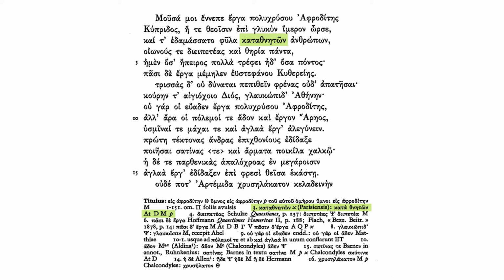Here in line 3 we've got katathneton in one group of manuscripts. The appcrit tells us that other manuscripts have it as 2 words. But Càssola doesn't just cite manuscripts, he also cites modern scholars and their suggestions for fixing the text. Some of these are in Càssola's bibliography, for others he gives the bibliographic information here in the appcrit. So, for example, in line 4 we've got die peteas, suggested by Schulze, and this is in the bibliography at the start of the book.